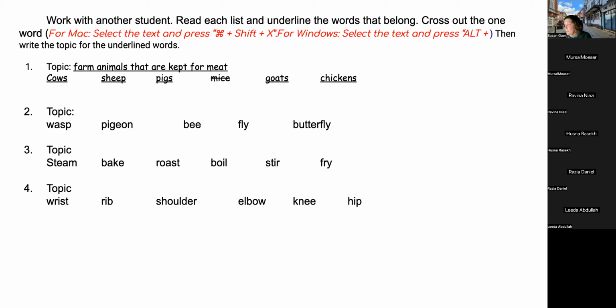So we have wrist, rib, shoulder, elbow, knee, and hip. It's hip. Why? All of them are parts of the body. Elbow, wrist, and shoulder are parts of our arms and hand. Hip is far away from them. No, the other ones are joints, if possible. Rib belongs to our chest, knee and hip belong to our lower extremities, and wrist and shoulder belong to our upper extremities. So all of them are the same. All of them are parts of the body. So we cannot delete any of them. Yes, you can delete one.